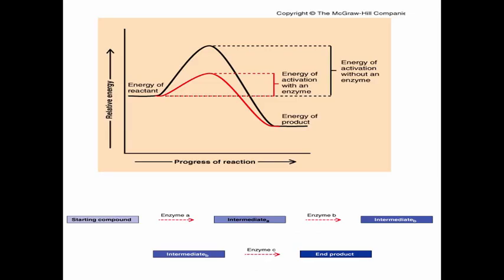Here's the way this looks. Energy speaking, in terms of progress of the reaction, you've got the reactants. They have to take on a certain amount of energy before they get made into the products. Without hitting that energy threshold, they never make a product. The enzyme brings down the required amount of energy in order to make this thing go.